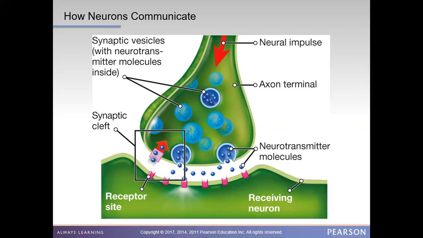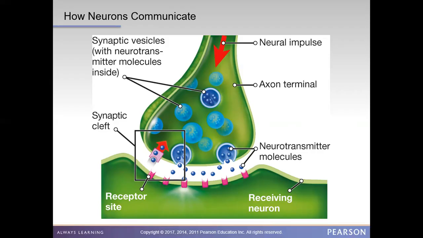So here it goes. Once the neurotransmitters jump the synaptic cleft, they act as keys, like little keys to open doors. The neurotransmitters have to find what's called a receptor site. The receptor site is located on a receiving neuron. These two big green things are two different neurons.